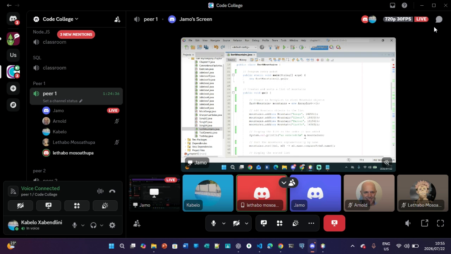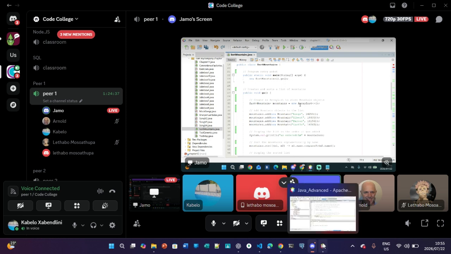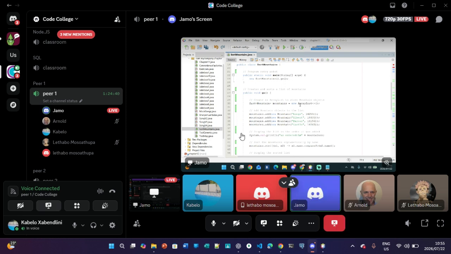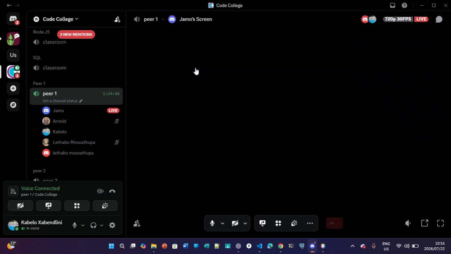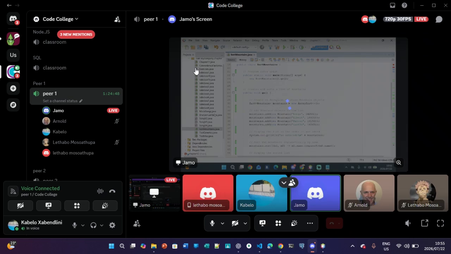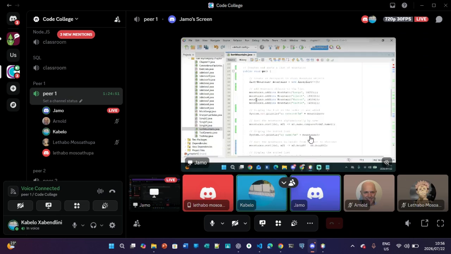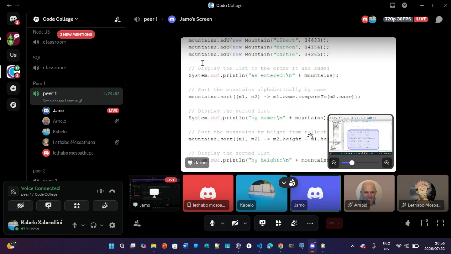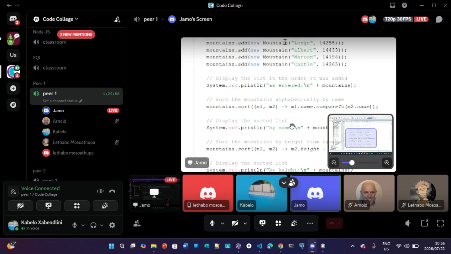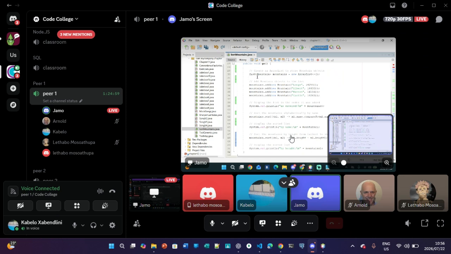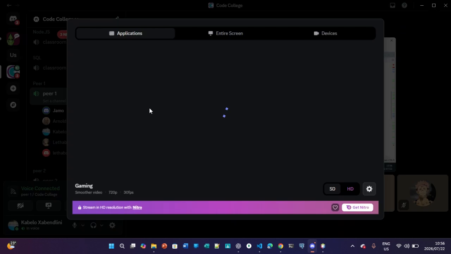Okay, so for public class SortMountain, they program the entry point with the static void main, and they create and sort a list of mountains with the public void go. They create an ArrayList to store Mountain objects with List<Mountain> mountains = new ArrayList, and they add Mountain objects to the list. So here they have mountains.add(new Mountain("Longs", 14255)), and then they've got Albert and Castle and Maroon with different heights, and then they display the list